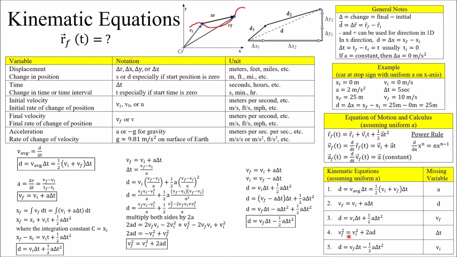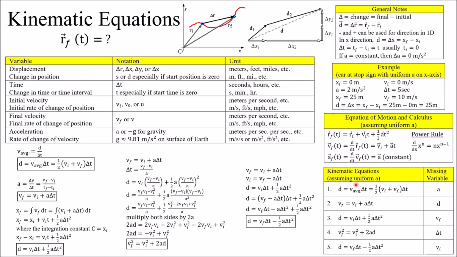We can solve a lot of different problems with these. And the way that you pick your equation is you look at the variable that's missing. So if you don't know acceleration and you're not asked to solve for it, then use this equation. If you don't know your displacement and you're not asked to solve for it, then use this equation, and so on. And so that's kind of how you pick your tools. And so this right here is a wonderful toolbox of formulas that can describe motion using this assumption of constant